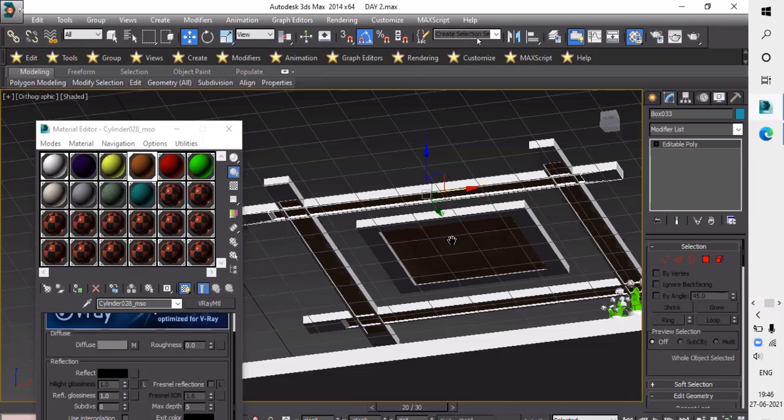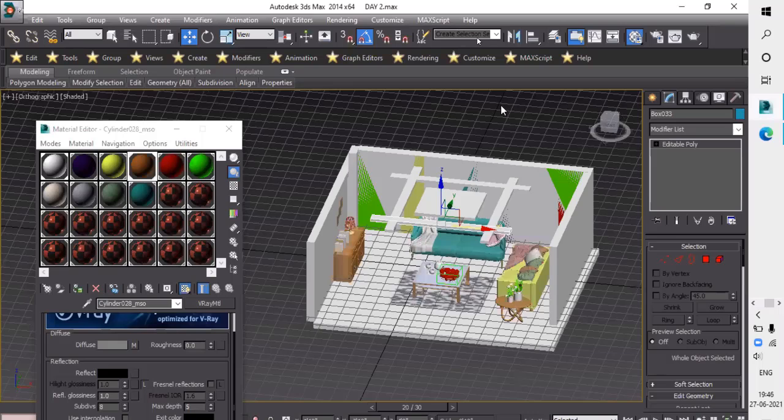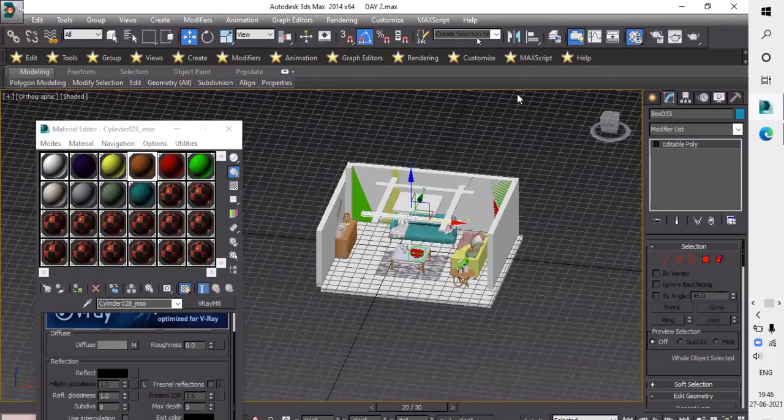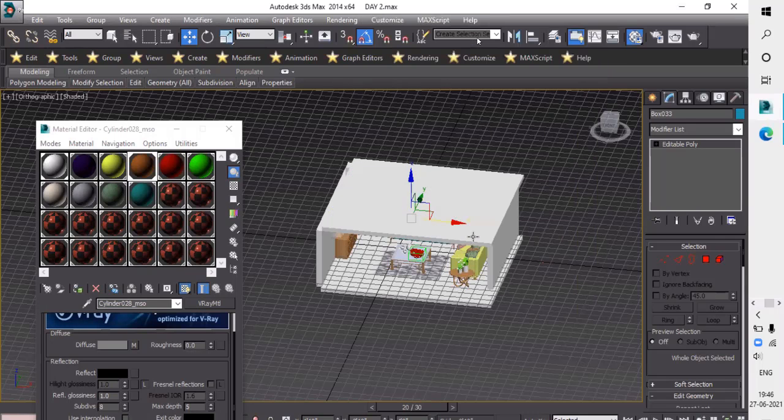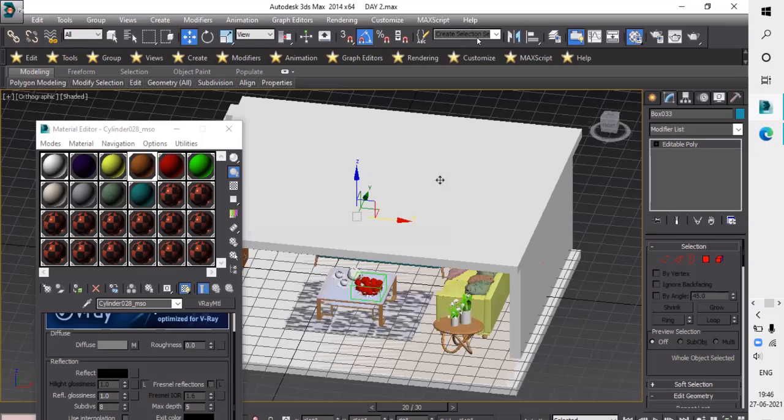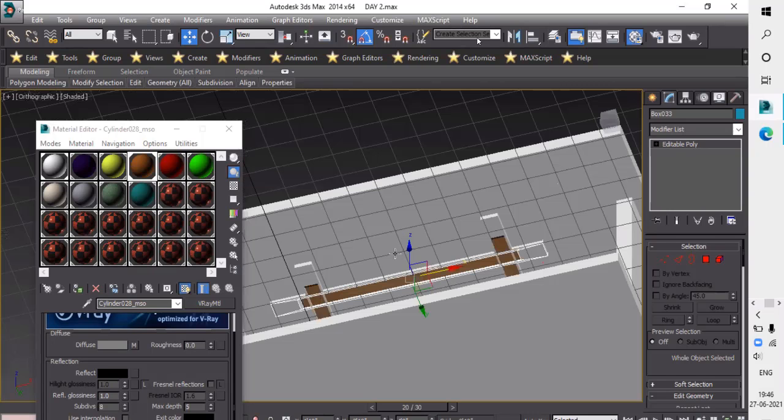So now I will unhide our ceiling. For unhiding the ceiling, right click and here is the option unhide all. You will get your ceiling back.